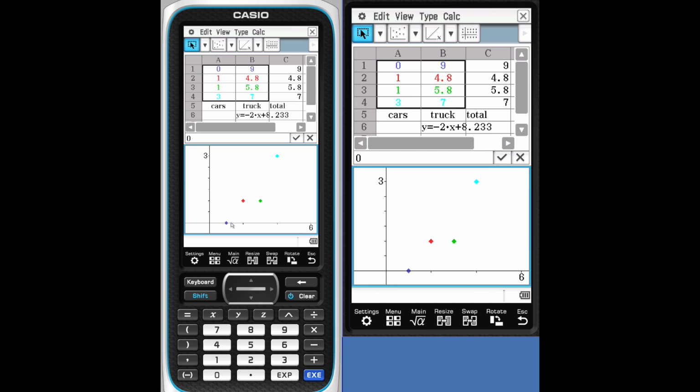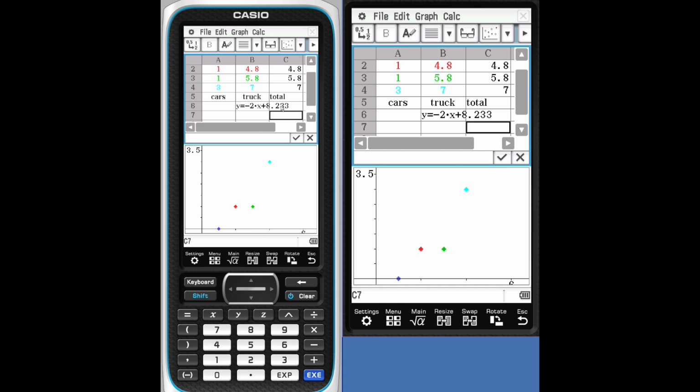There's my scatter plot. Notice that my colors match in both the graph and in the data set. It's a nice way of connecting different values. You can connect 0.9 to the 0.09. You can connect the 0.14.8. You can connect the next point and all the way up. Turn my graph back on again. So there you have your color link feature.